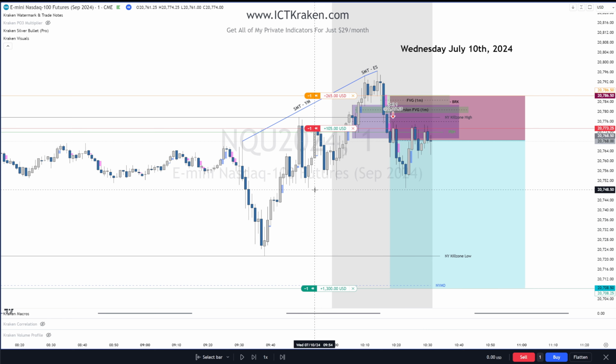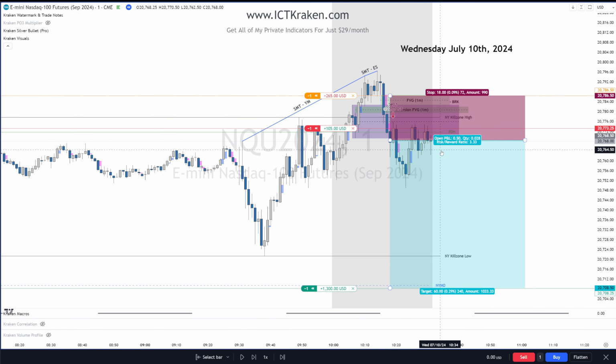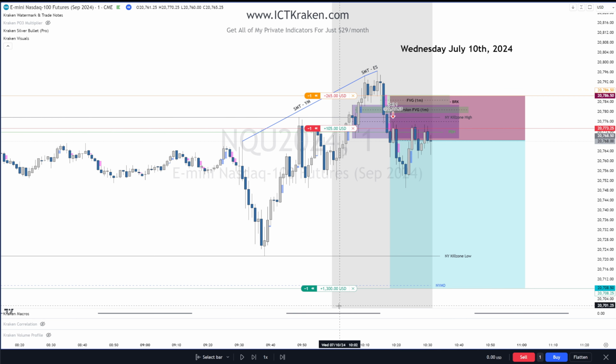Now we have equal lows right here. So when we get past these with a clear break, I'll move my stop closer to break even. It's not quite 60%, not even close, so I might just move my stop down here just to lower my risk. But my stop here is up here, so